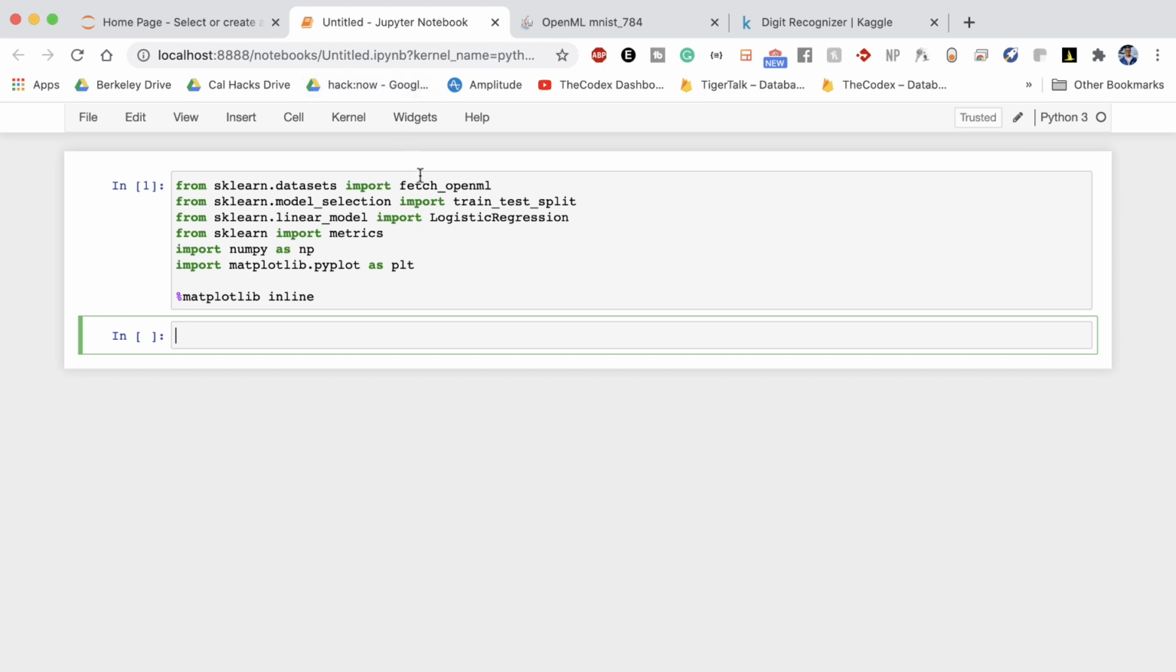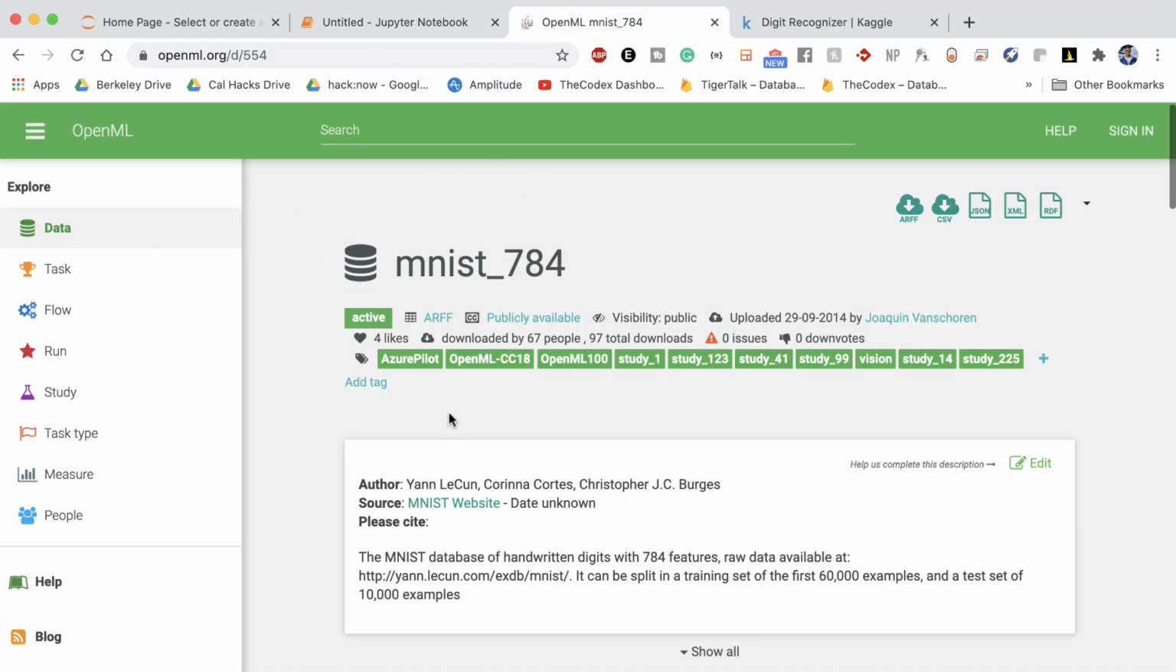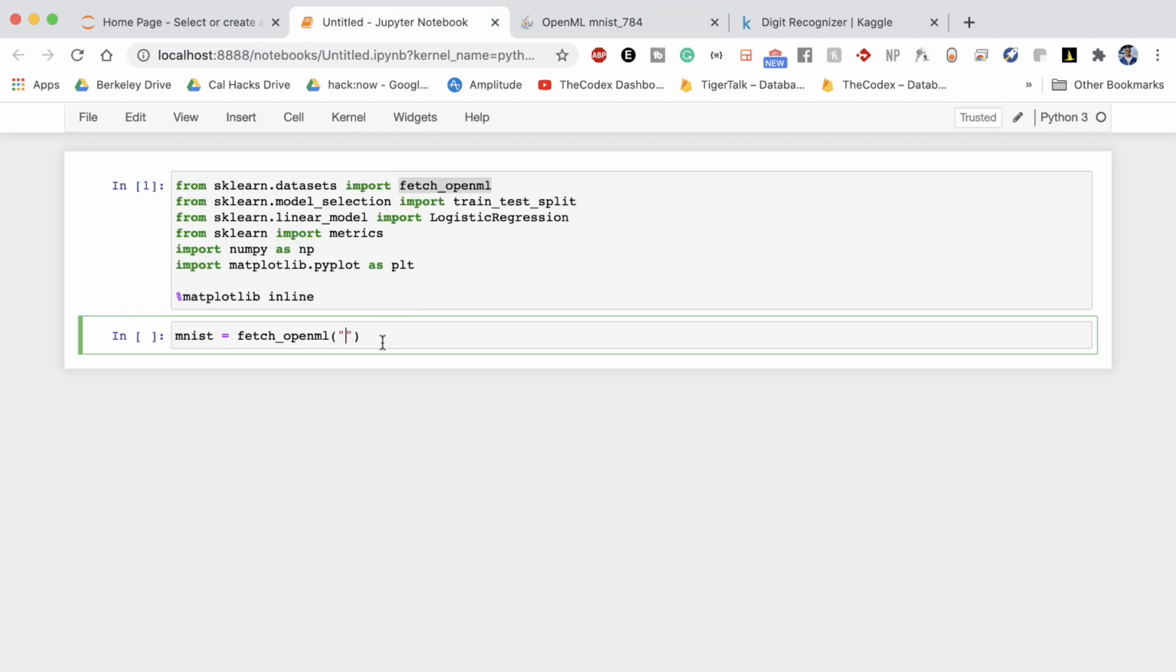And at the very top, we imported the fetch_openml function. What we're going to go ahead and do is create our variable mnist and set this equal to fetch_openml. And I think you might be able to guess what will go inside of here, the ID of this data set. And the ID here is mnist_784. So go ahead and just type that right in, mnist_784. Once that is done, if you go ahead and run this,